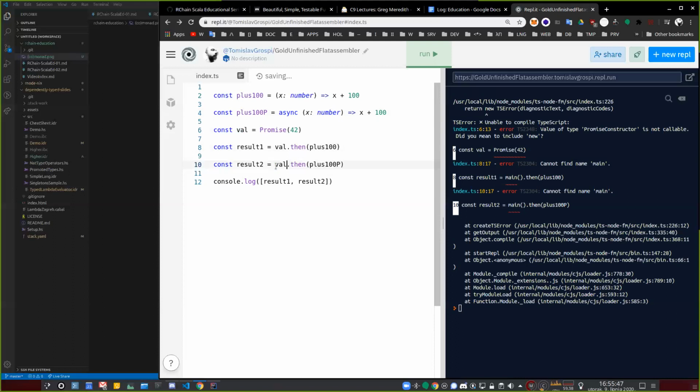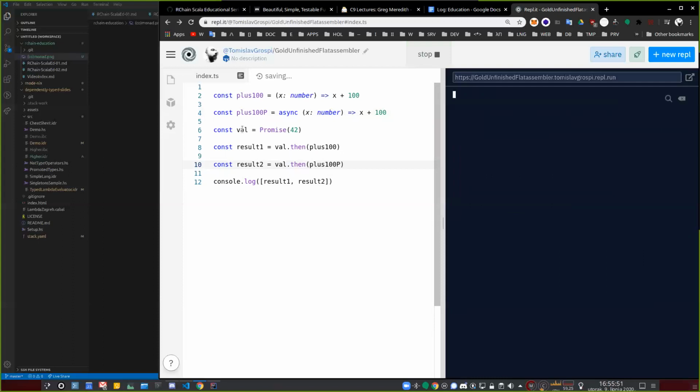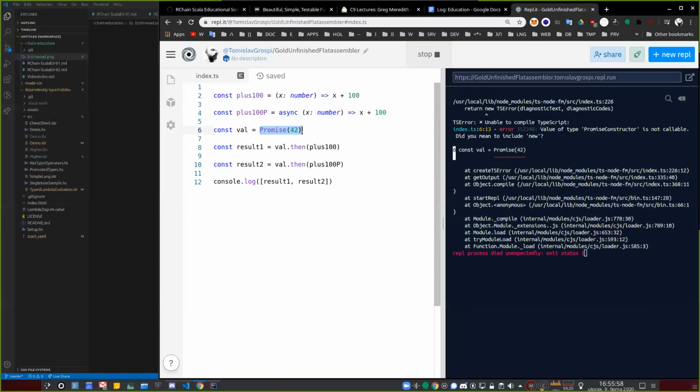Yeah, I'm not using main. So this val is just our initial value inside the promise, and this is resolved immediately. And I cannot write this. Okay, this is not a valid constructor, so